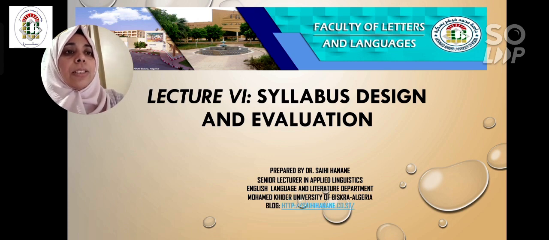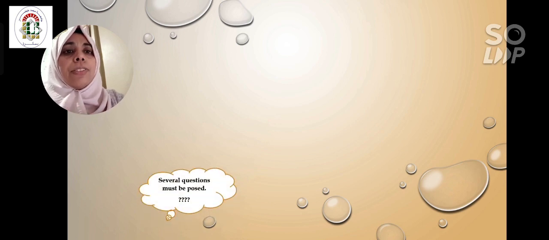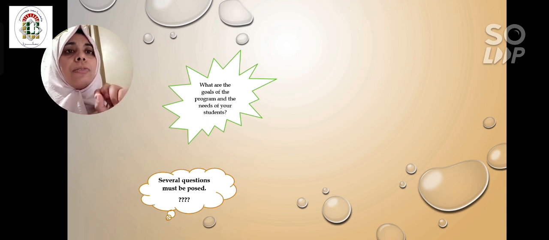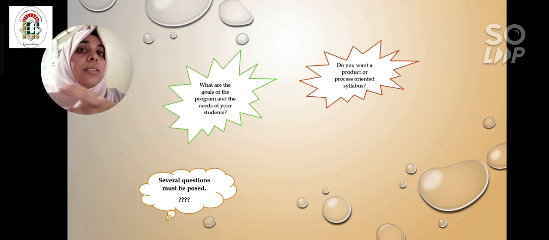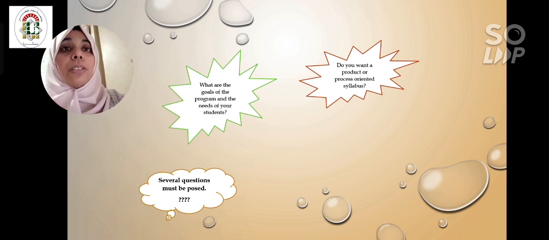So in this lecture, several questions must be posed. The first one: what are the goals of the program and the needs of your students? Here, the question will be answered later on. Also, do you want a product or process-oriented syllabus? I will decide what syllabus type I am going to use. So, process or products are here